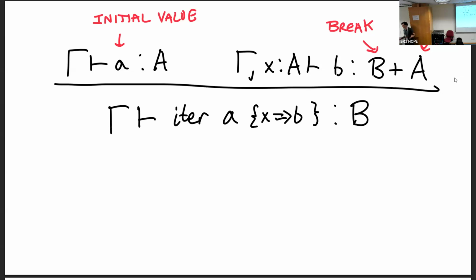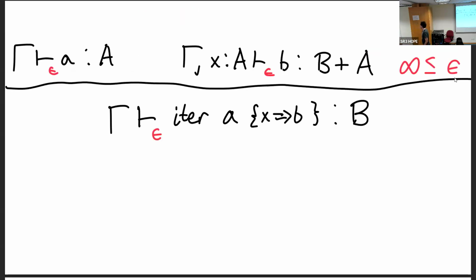So notice, this is none other than a while statement. Actually, it's a do while, if we want to be very precise here. All this is a do while block. If anyone knows what the RVSDG is, we might call this a theta node. All this is a do while block, but we thread through the state explicitly. So it's immutable rather than mutable. And our effect system is exactly the same as before, except we additionally have the constraint that whatever effect we assign an iteration statement must contain non-termination. So we just assume that there's a distinguished non-termination effect here. It's a little bit more subtle in the paper, but that's good enough.